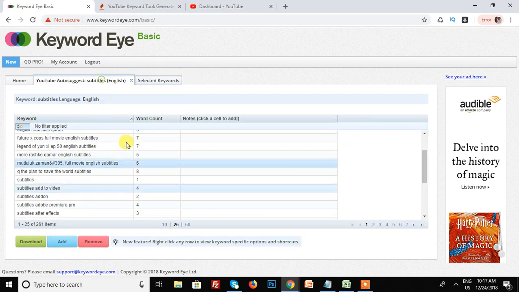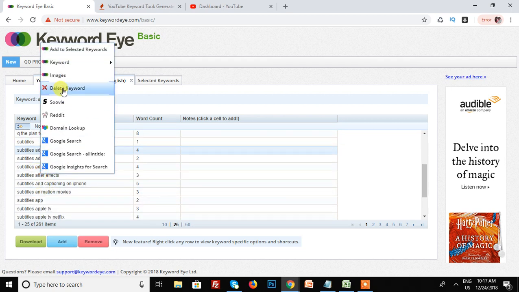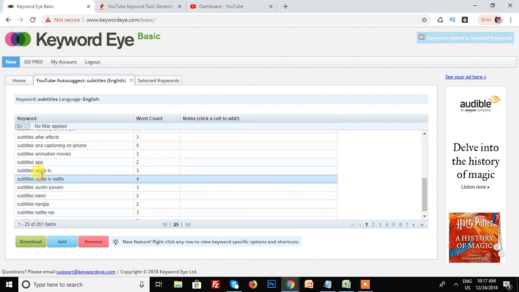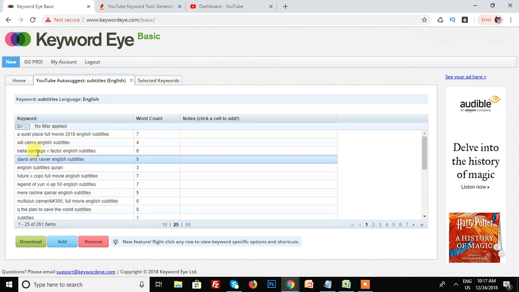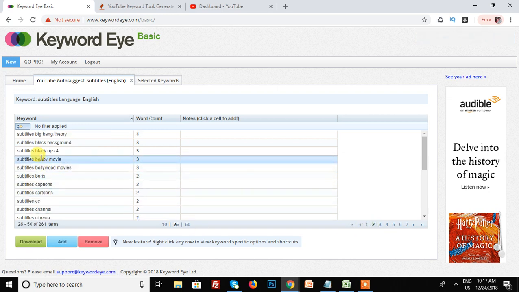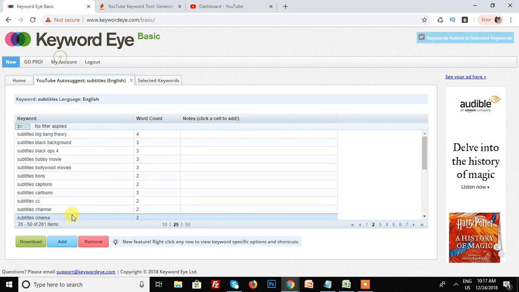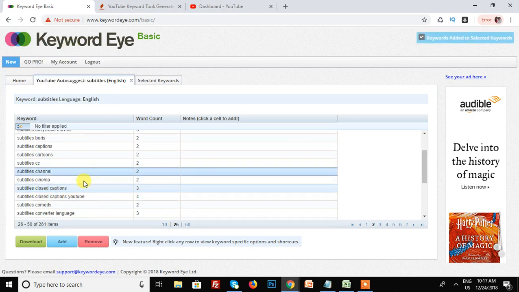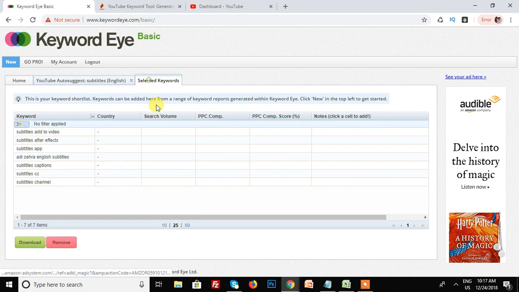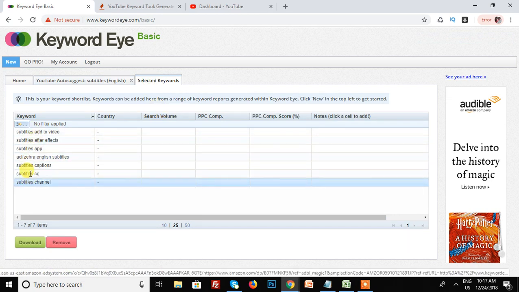Selected keywords. One by one, you add the keywords: subtitles, app, subtitle caption, subtitle CC, subtitle channel. All those things you add, and see, all the subtitle keywords will come here.